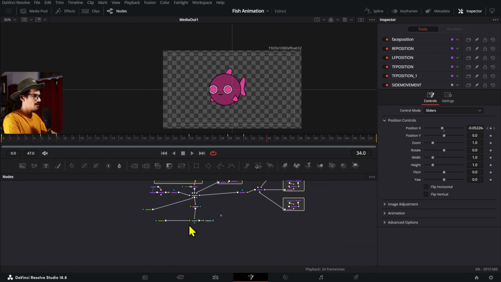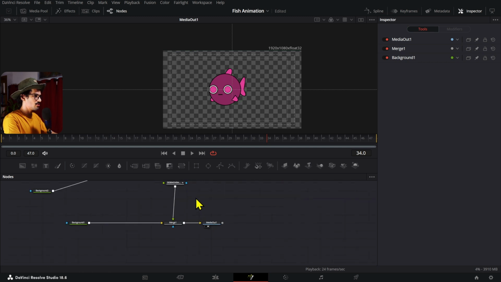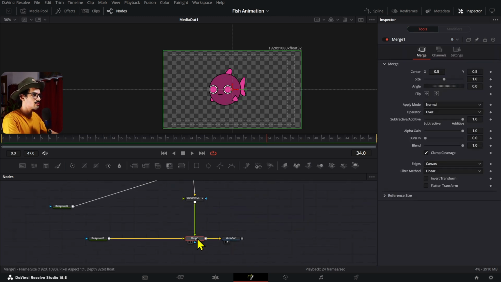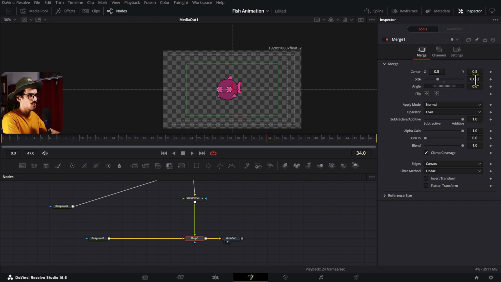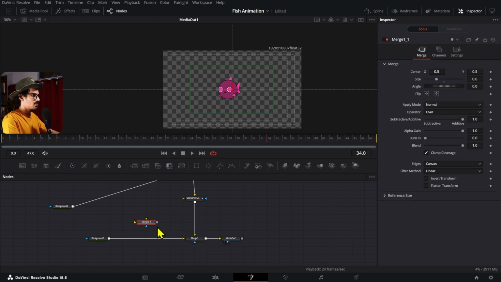All right, now there's a few things that we need to do. First of all, we're gonna need to add a shadow. Actually, I wanna make these a little bit smaller. So I'm gonna just use the merge node to make these smaller, like these. And I'm gonna copy this merge node because we're gonna use another one right here to create that shadow for